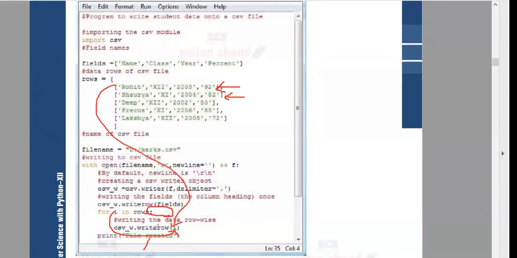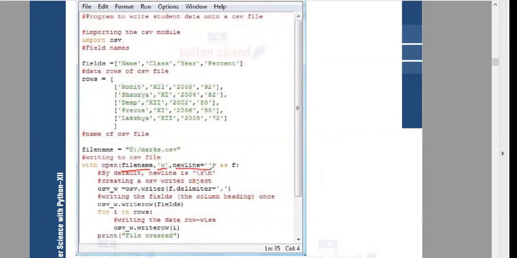Now what I'm trying to tell is writerow can be supplied only a list. Got it? So when you are using writerows, you can supply rows itself as a parameter, which represents all the rows contained within the list. And here the file name is specified, and I have covered everything. Okay, now there is a line on how to open the file. How to open the file is using the file name and the mode, all this you know already.